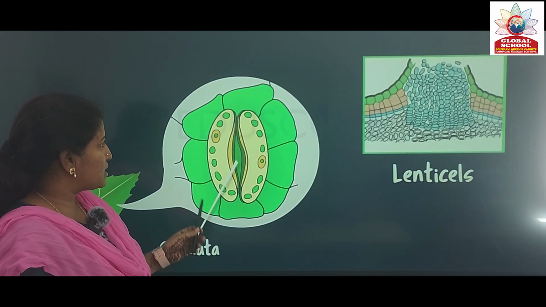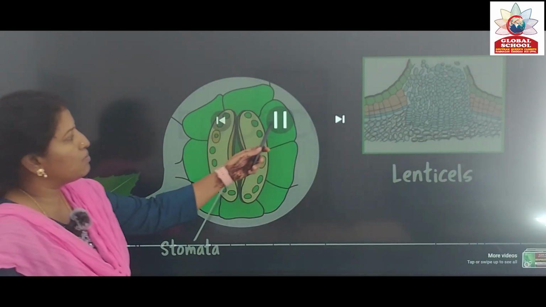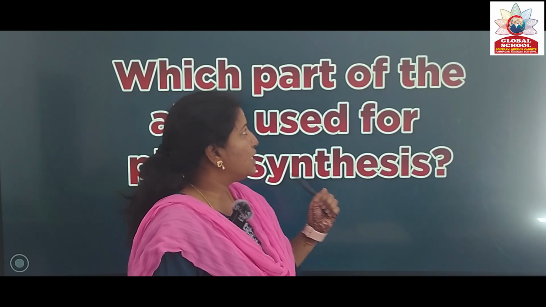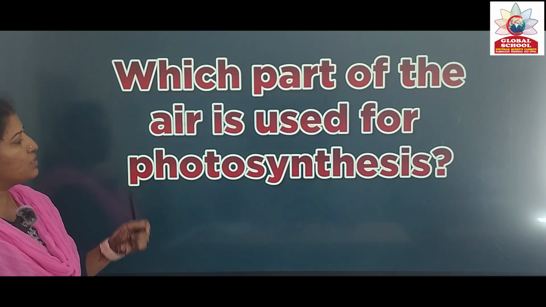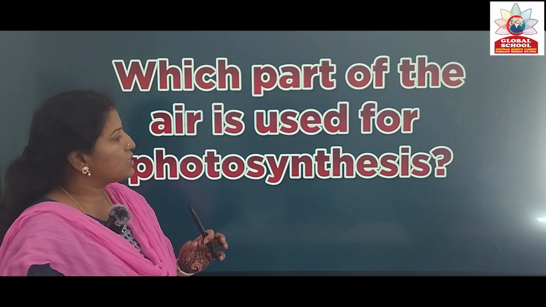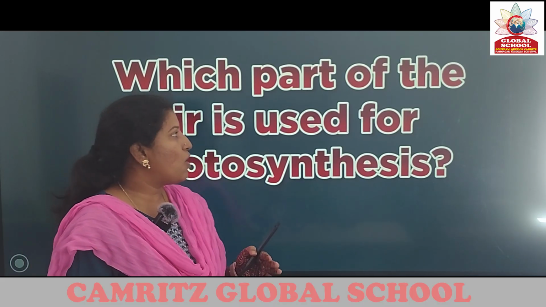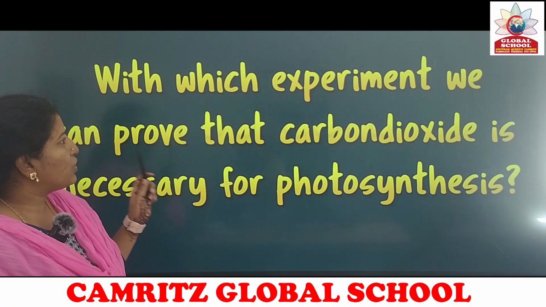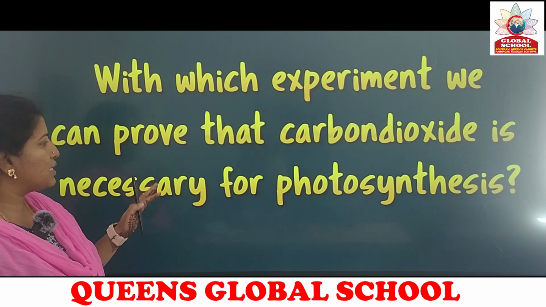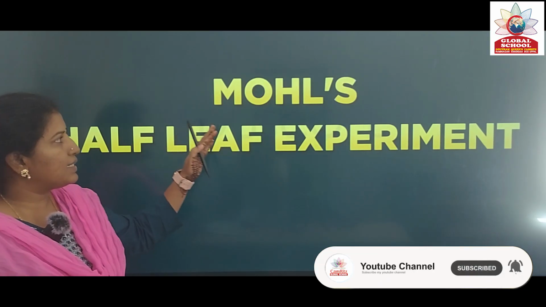It is exchanged through the stomata in the leaf. Inside the leaf we have some tiny pores called stomata, and in the stem we have the lenticels. Carbon dioxide is the gas which is used for photosynthesis, and it gives oxygen out. So one molecule of oxygen is given out. In order to check whether carbon dioxide is necessary for photosynthesis, one experiment has been done by the scientist